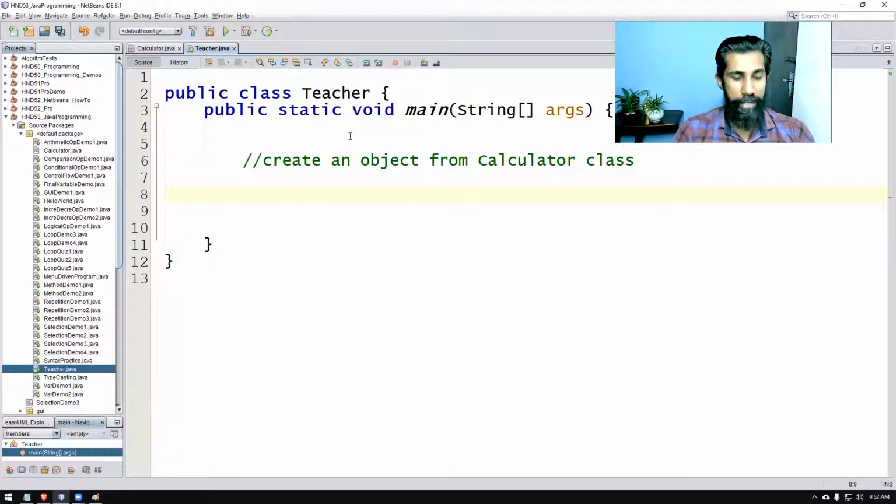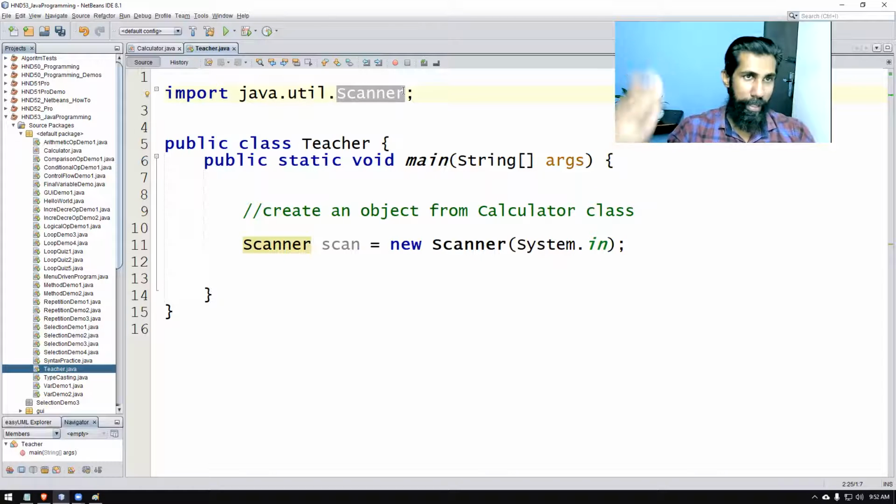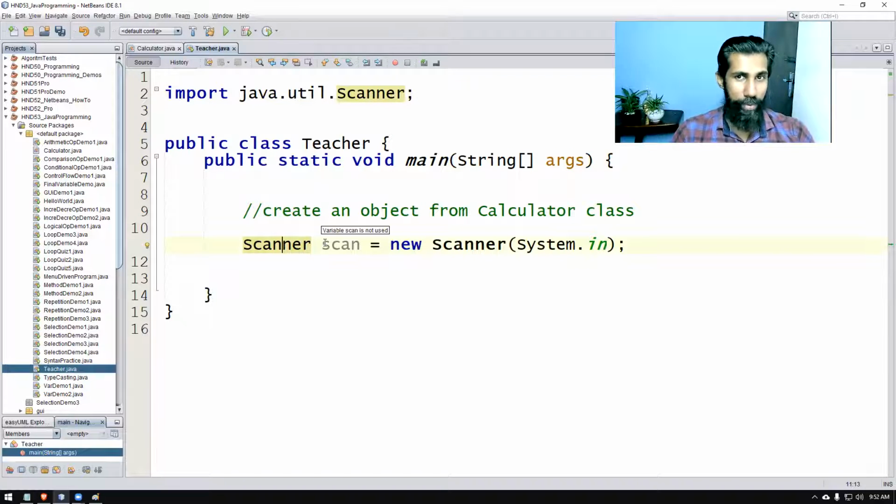How you do that is very simple. Have you seen we have done this from a predefined one? We do this all the time, and if we give it like this, it will result in an error. Then we import the class. We have done this because java.util.Scanner is a pre-built class by the Java developers. We are making use of that here. How we are using it is we are creating an object. The object name is scan. This has to be unique.